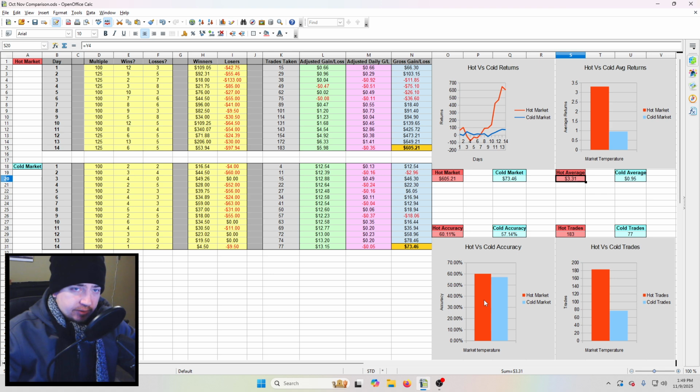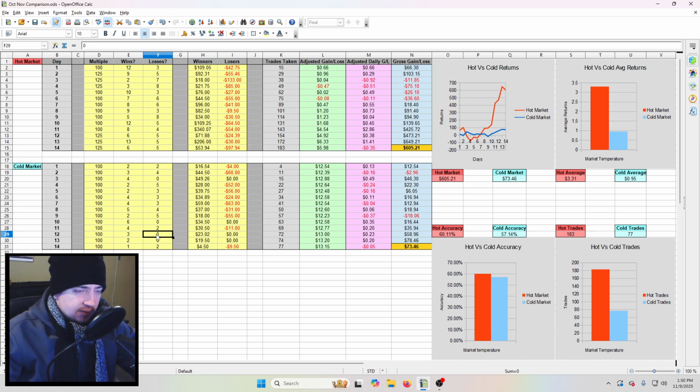So in regards to accuracy, and this is very important to notice, especially with the number of trades. Now you can see my accuracy is actually pretty close between cold and hot market. And this isn't because the odds of a stock resolving are just as good as a hot market. In fact, the opposite I would say is true. Typically, as you can see here, my number of trades is much, much lower, right? It's less than half. And that is because I'm being a lot more selective with my setups, right? I'm not really just jumping in. Whenever I was in this hot market stretch, there were periods where I would be taking 17 trades on a very, very aggressive day. But lately, you've seen me taking three trades, 2 trades, 3 trades, way, way less.